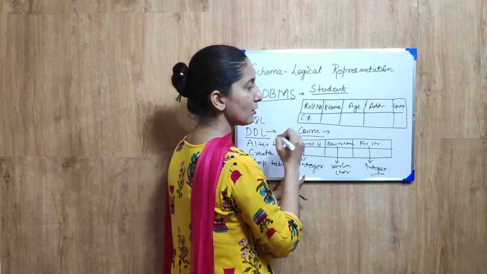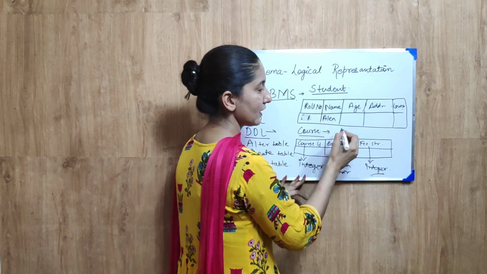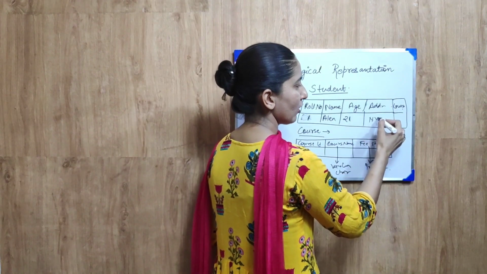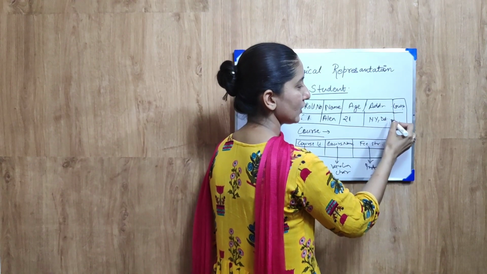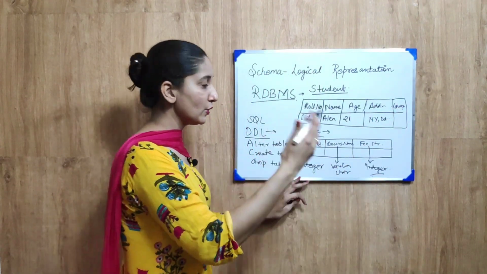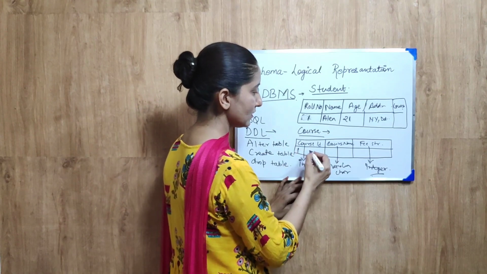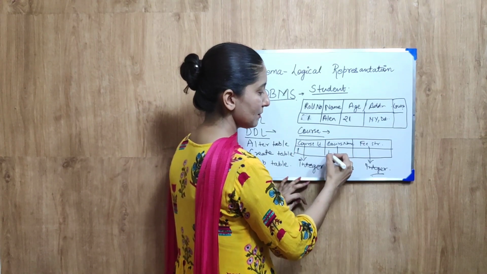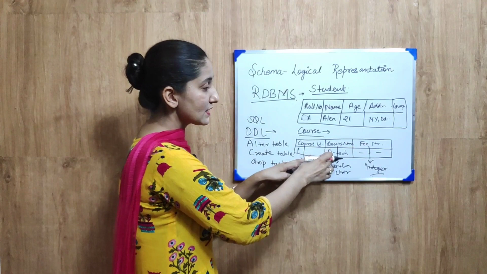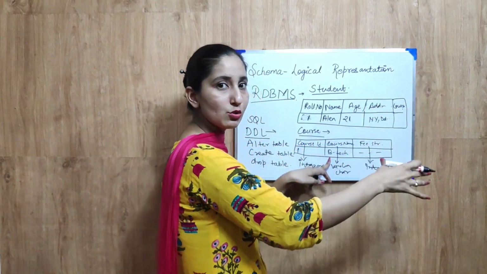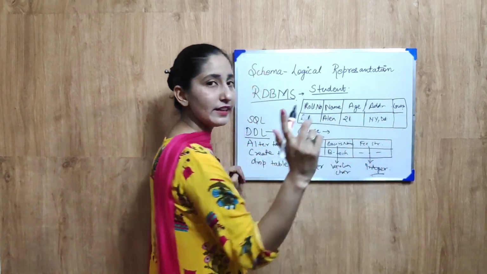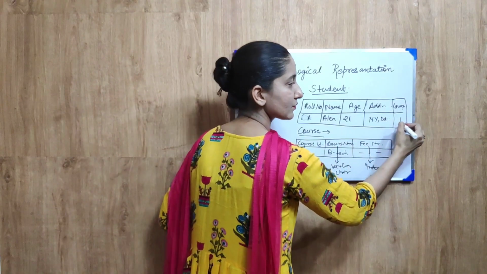This is roll number 1 and the name of the student is Alan, and his age should be 21 years old, and the address may be NY or Delhi or anything that you want, and then the course ID. So in this column, instead of giving the course name, you can say this is course number 1, the ID, and the course name is, let's say, BTech, and the fee structure is something. There might be multiple students who have BTech as their course, right? So instead of writing BTech here, we can write this course ID here, right?